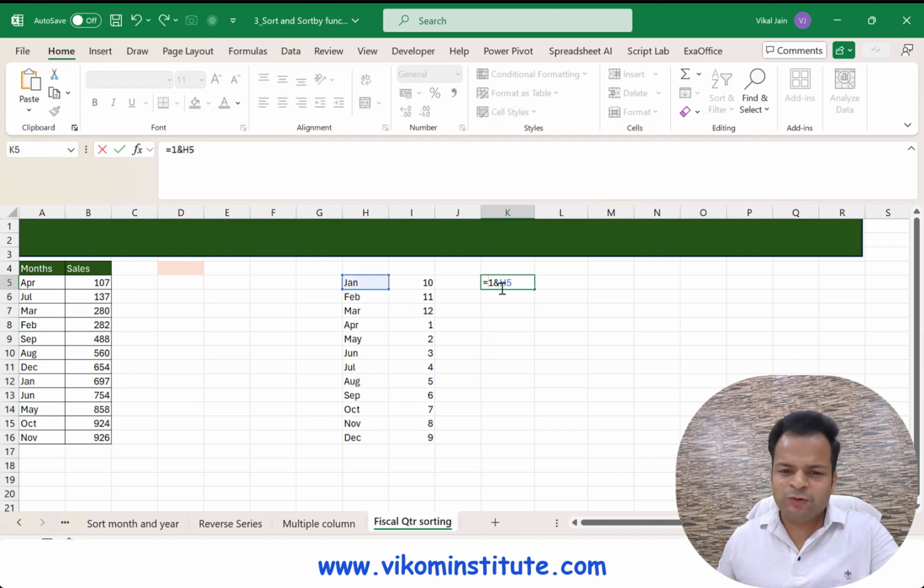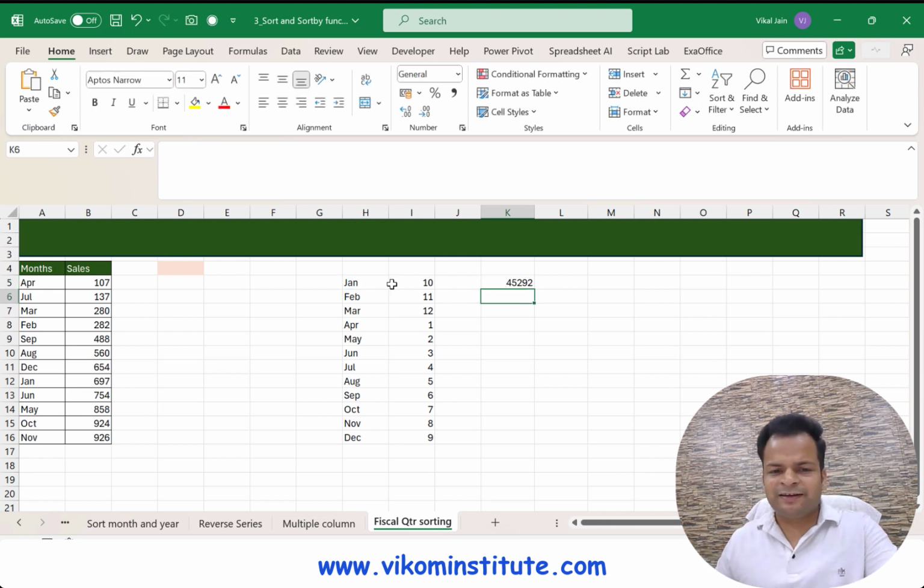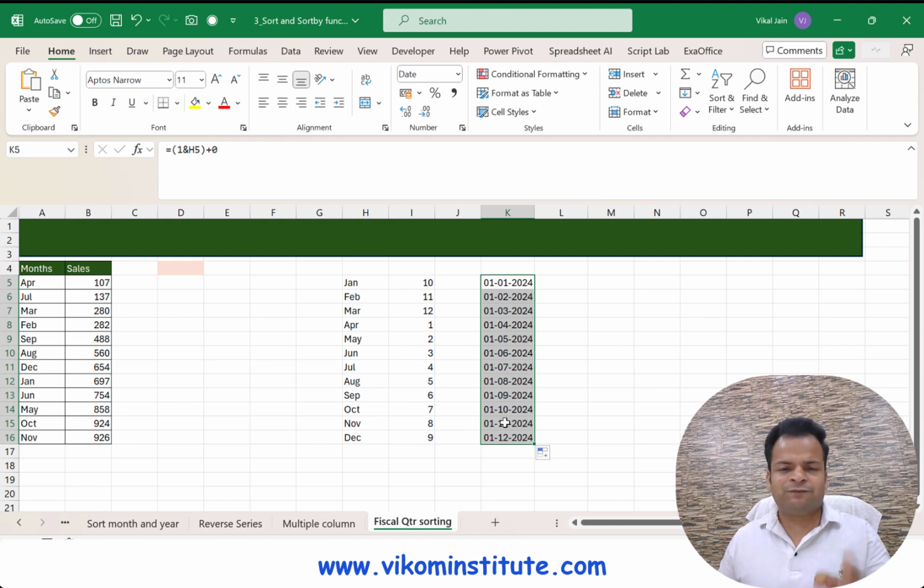Now I'm adding zero, and this time it is giving me a date. If I change it to short date, it gives me the first date of my current year, 24. If I drag and drop, this gives me the first day of every month of the current year.